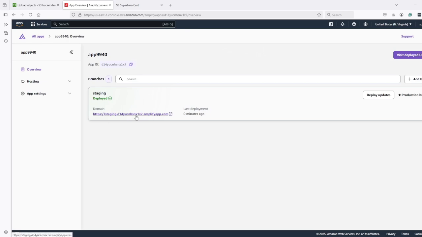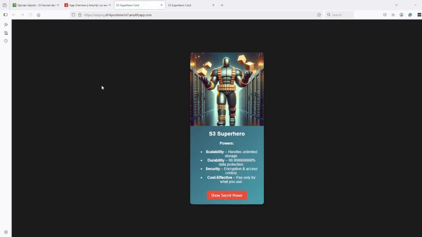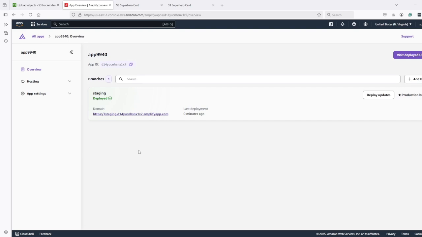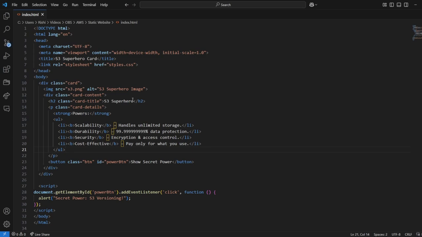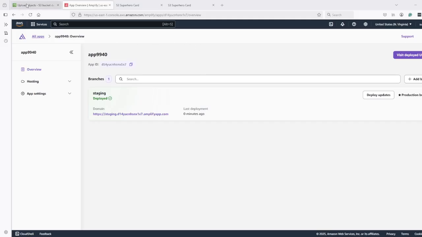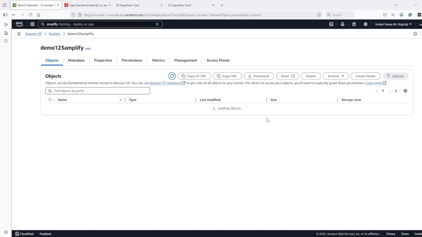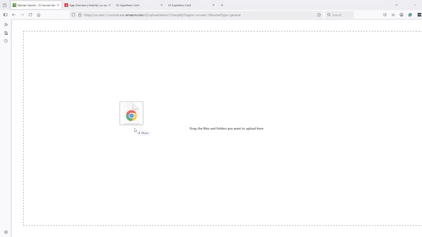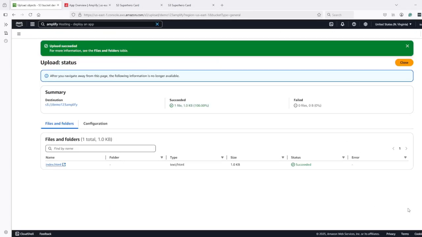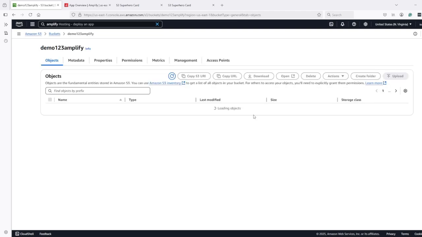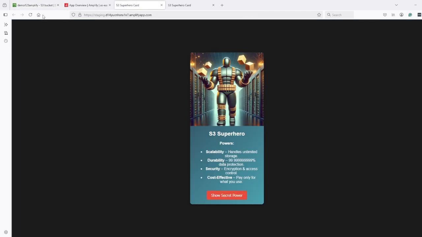Here our application is ready, and this is the Amplify link, and it's working properly. Now suppose you want to make some changes to the website. So I will make new changes, and if I go back here and upload a new index.html file, it will override the existing file. So in the S3 bucket we have the new index.html file, but if we go to Amplify,